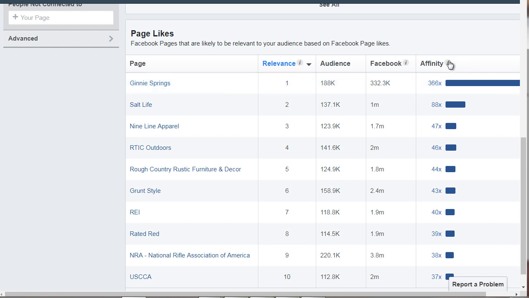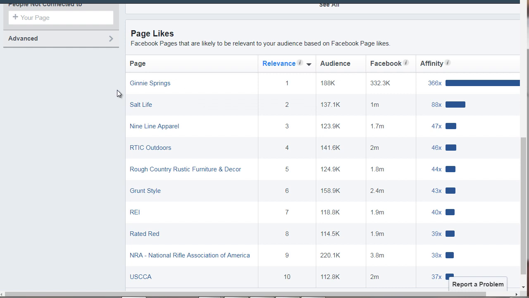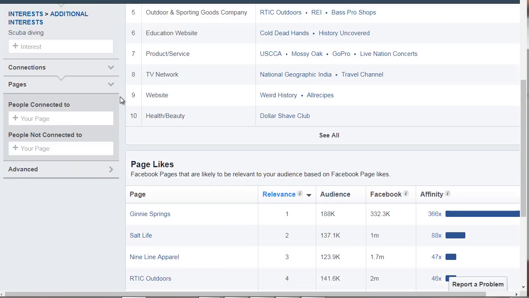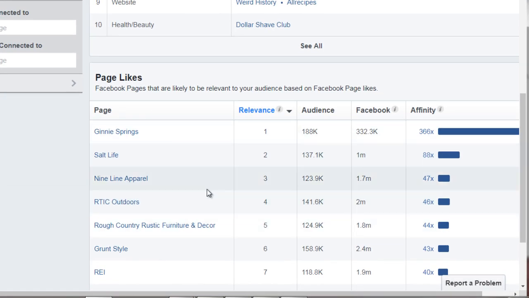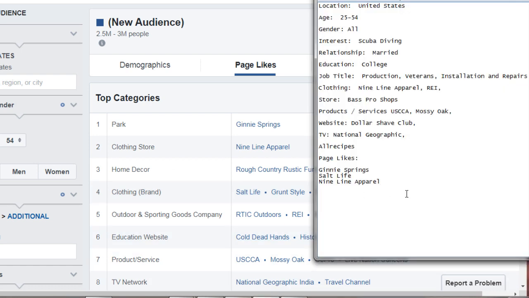So we have affinity level, which basically tells you how close they are to the audience that you're looking for. And the closer they are, the easier it is to target them, right? So it's always good to start with the ones closest to the top. So now remember, we saw location.